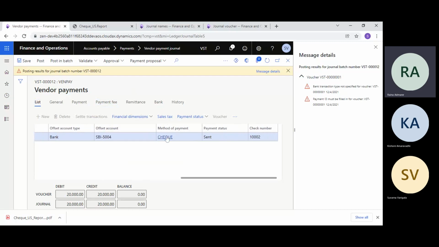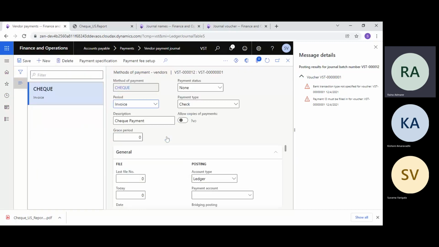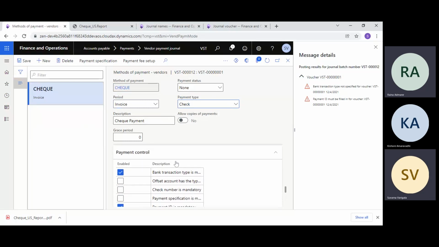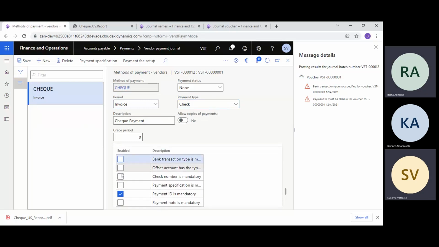Click on that. Then in the mandatory field at the bottom, go down. These two things can be unticked. Okay, save this, go back and just try now.